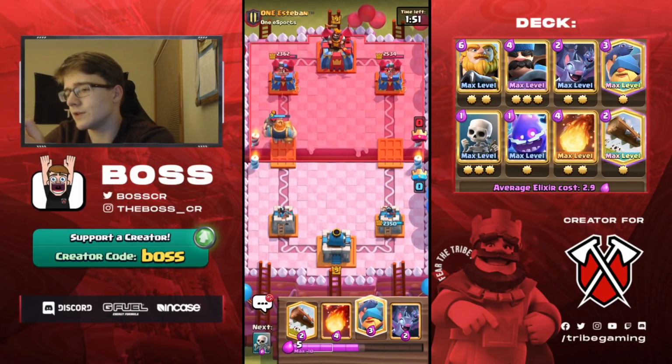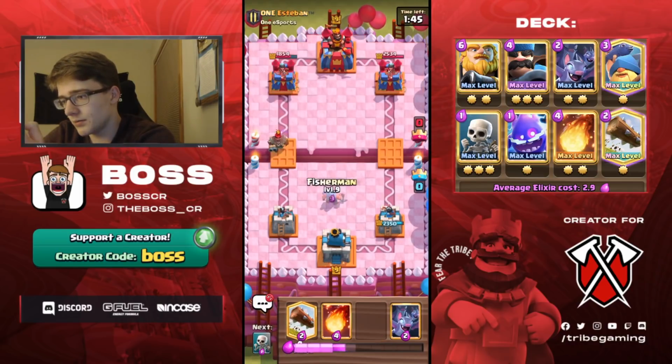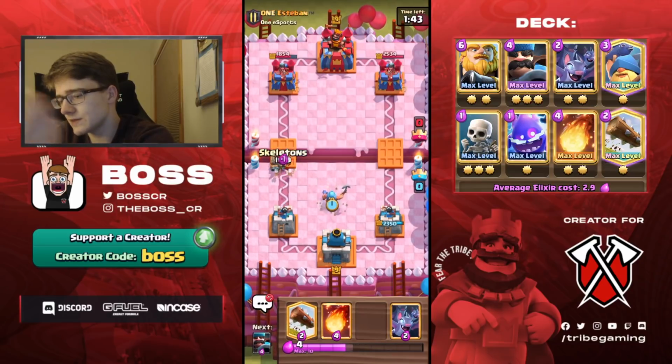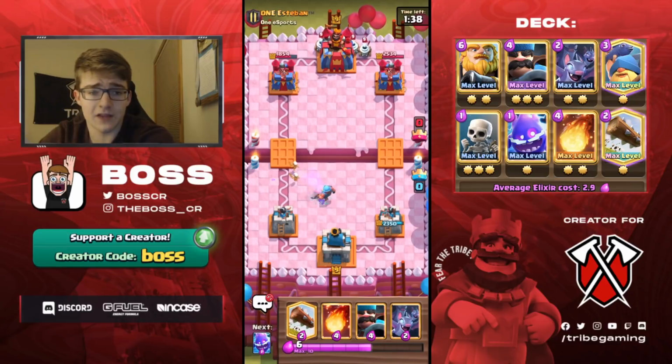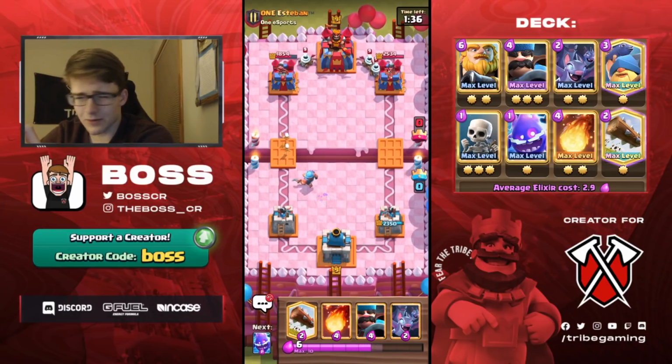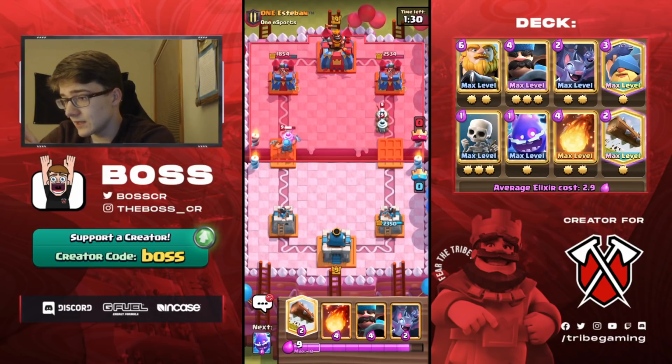And, oh, he's got the Hunter. Okay, so Hunter, Zappies. I don't think this matchup is too bad. What's really good is we have Fireball for the Zappies. I think our Bats are going to get a lot of value. If I remember correctly, he does have a Snowball, though. Or maybe he's got a Bar Barrel. Hopefully he has a Bar Barrel and not a Snowball, because I think if he